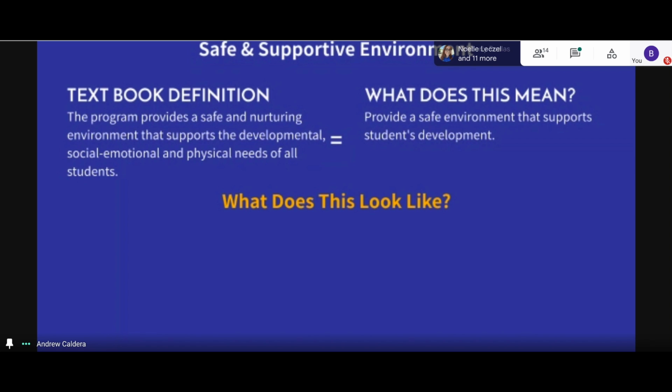This would be implementing SEL icebreakers, calling the student by name, acknowledging responses, and not just being robotic. Yeah, exactly. Doing things like calling them by their name, doing those activities, that helps build that safe and supportive environment. And that's what we want to see amongst our students. We want to see them being able to have that form of leadership. I know that's another standard, but it also ties into this, because by allowing them to have that leadership, it makes them feel like, okay, I'm safe enough to express what I need to express and lead what I want to do and do what I want to do.